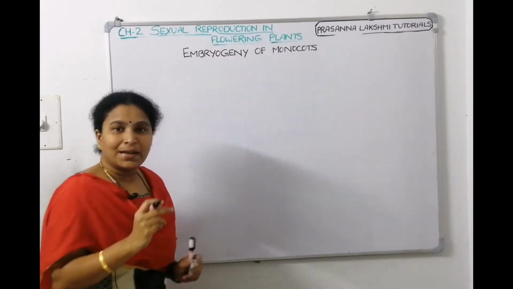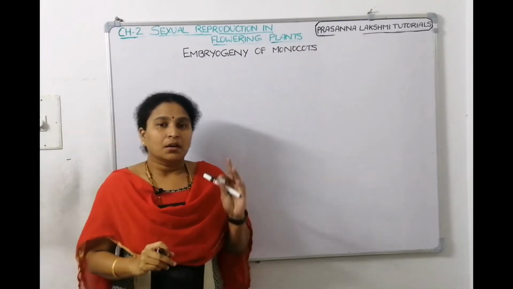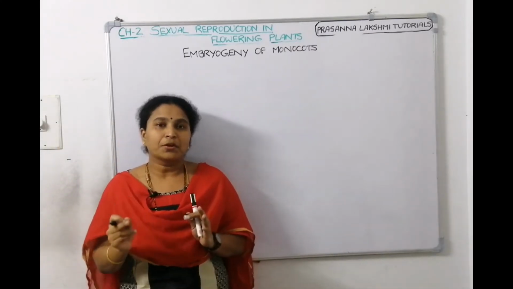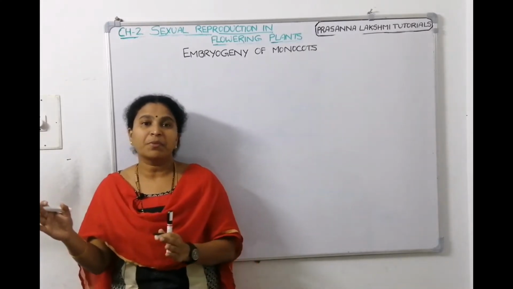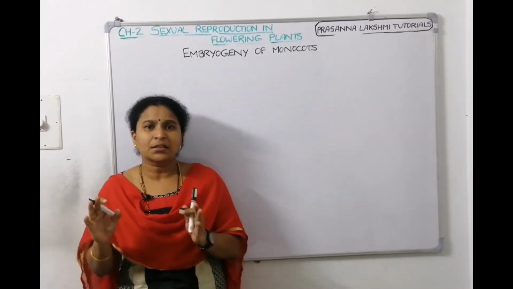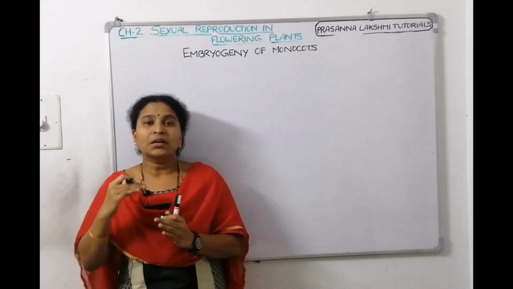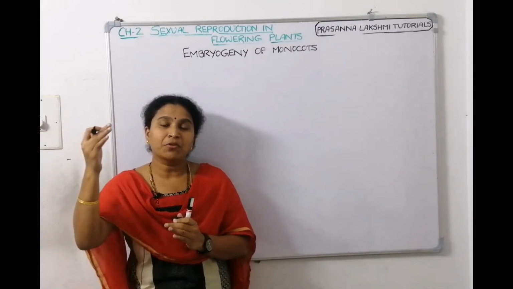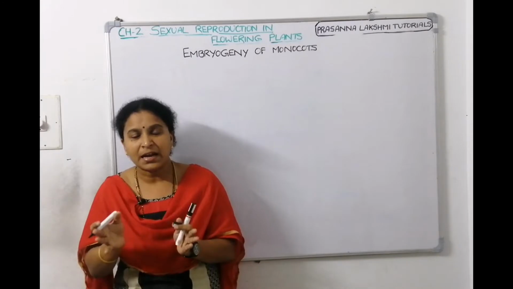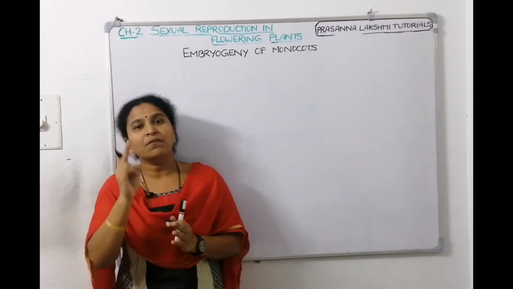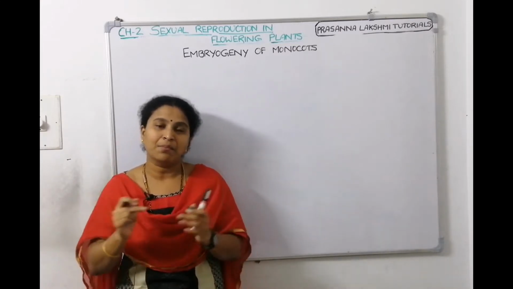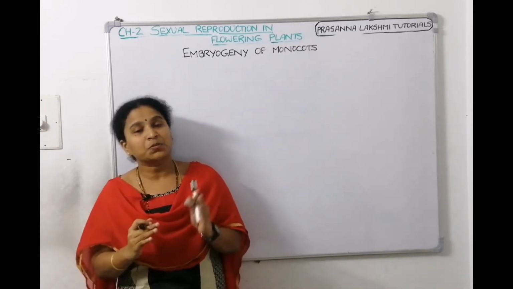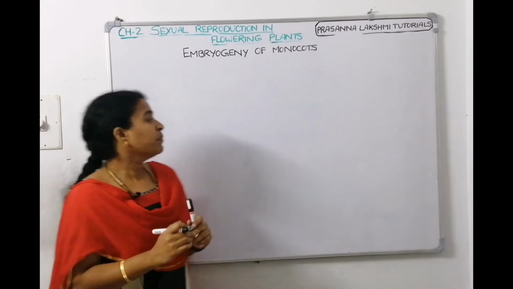means monocot embryo development. If we compare monocot embryo development with dicot embryo development, the initial stages are the same. But later on, the dicot embryo has a heart-shaped embryo and then it makes two cotyledons, whereas monocot has only one cotyledon and it will not have that heart-shaped embryo. So, these are the differences between dicot and monocot embryo development.